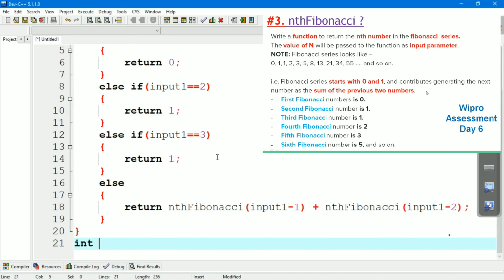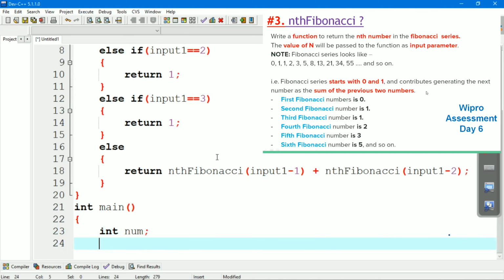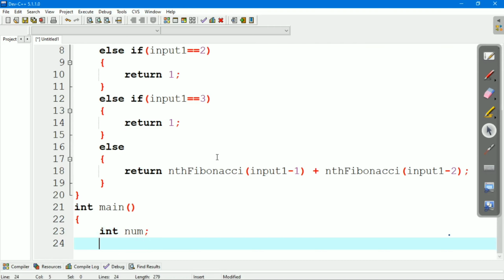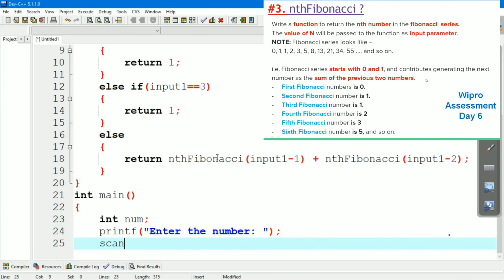Now we will write the main function, int main. We will declare number as an input variable. Now we will take the number from the user, enter the number. Now read it from the keyboard, %d ampersand number.